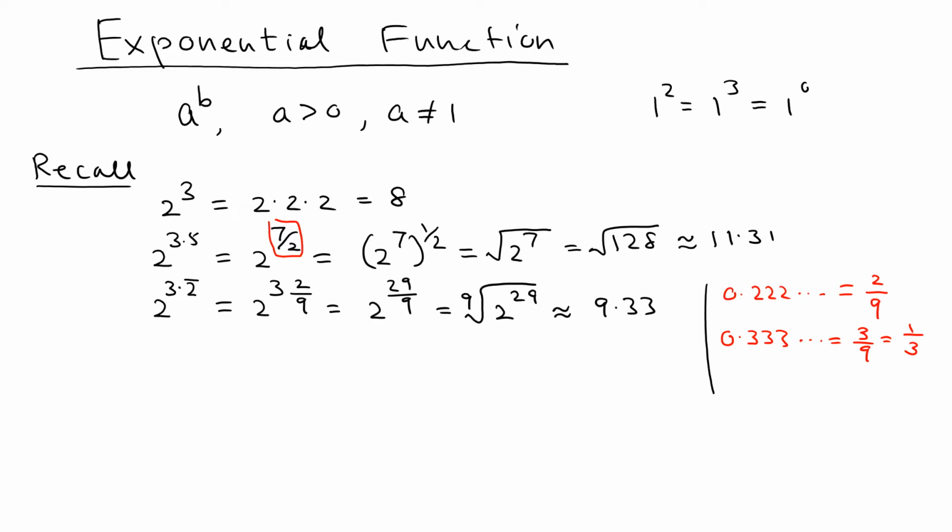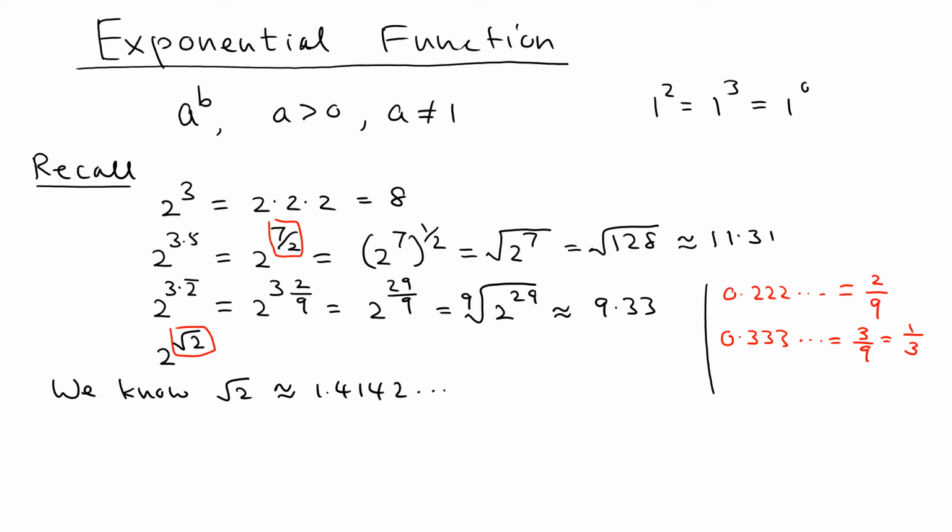So what if we have 2 to the square root 2? The problem is we know that the square root 2 is not a rational number. That means we cannot do this anymore. So in this case, we can use a nice trick. We know that square root 2 is approximately equal to